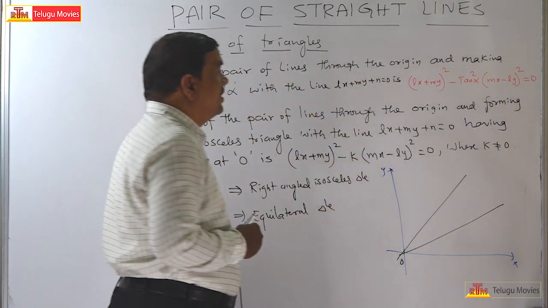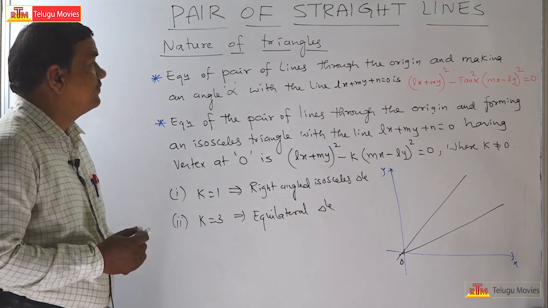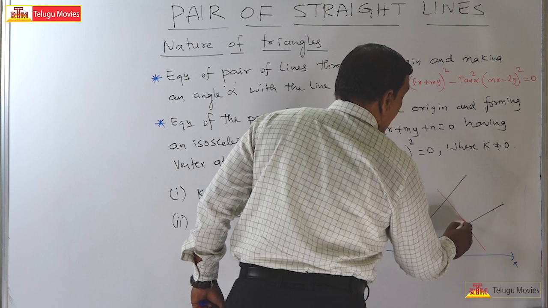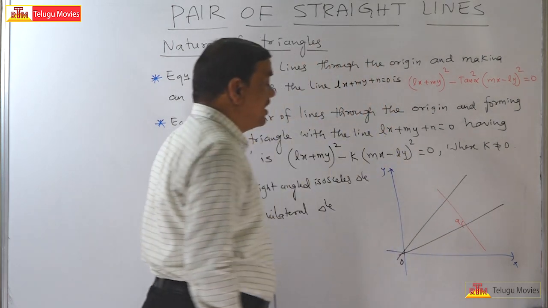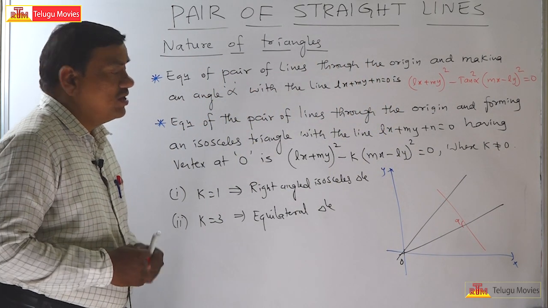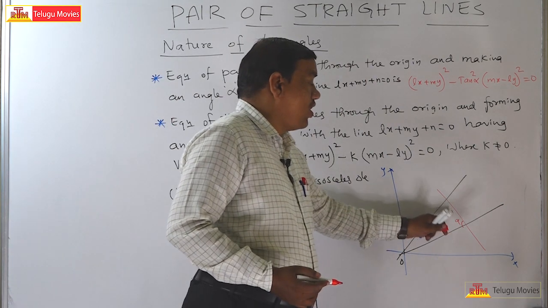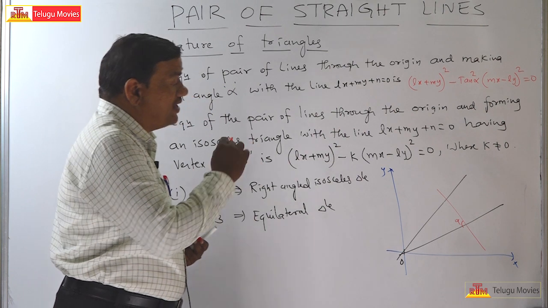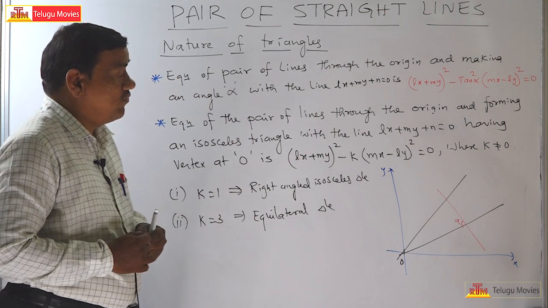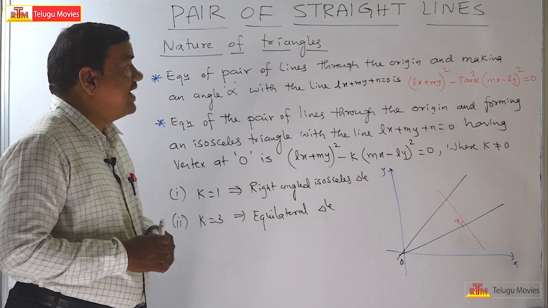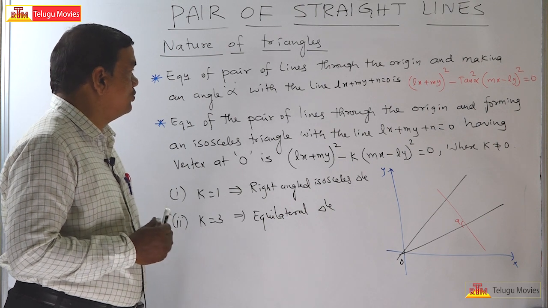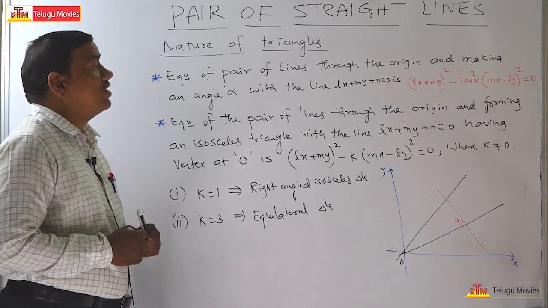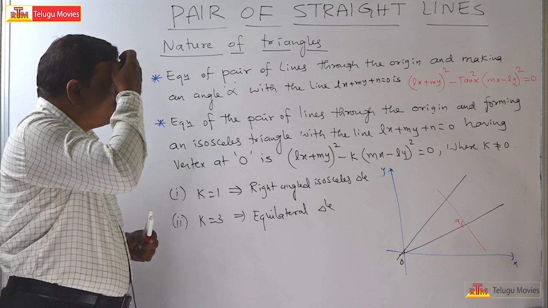There is another line Lx plus My plus n, and they are making an angle alpha with the line. This angle may be here or here, you can take it anywhere. So this pair of lines makes an angle of alpha with the line Lx plus My plus n equal to 0. Then the equation of the pair of lines through the origin and making an angle alpha with the line is